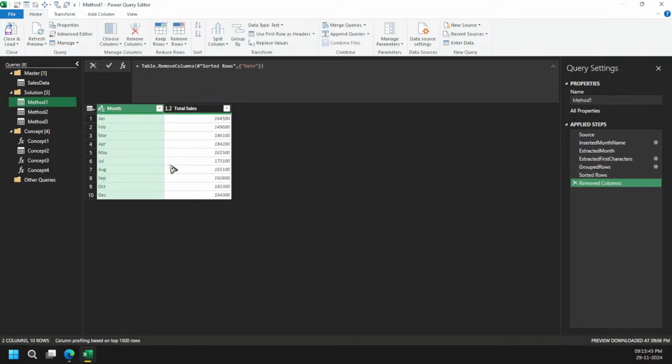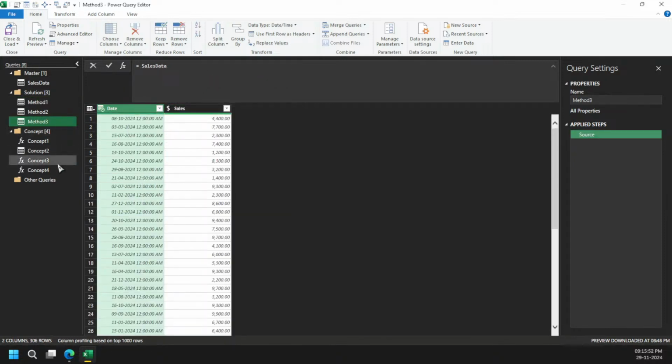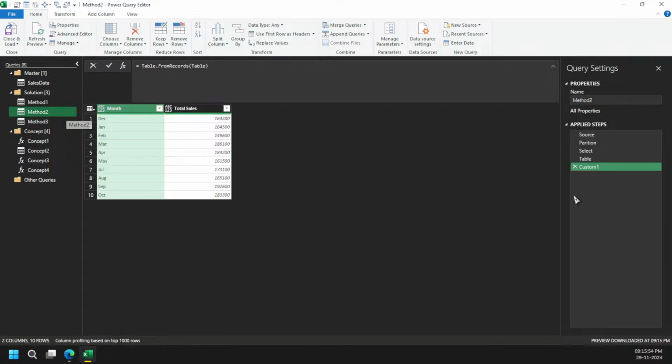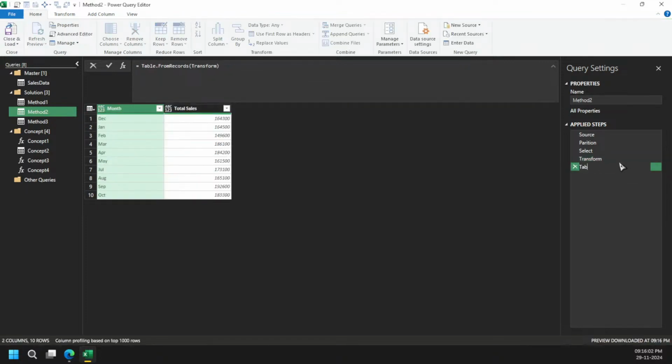The way we sorted here, right? You can see the way we have sorted. It was a long process. So what we can do? So I will tell you in a bit. And before going here, yeah. So we were here, right? So it was transformed, and here we made the table.